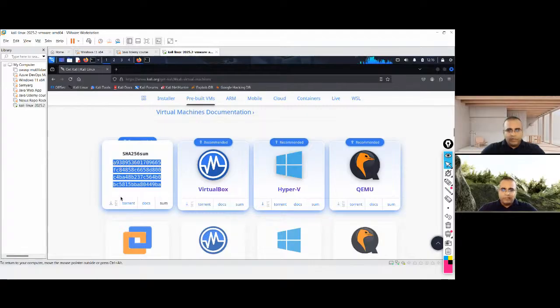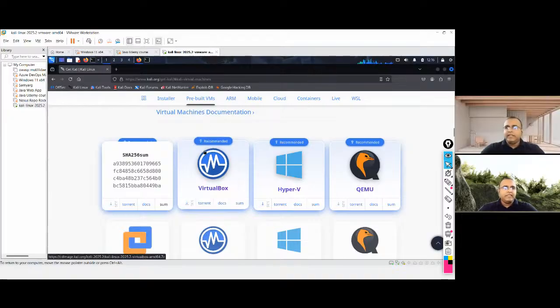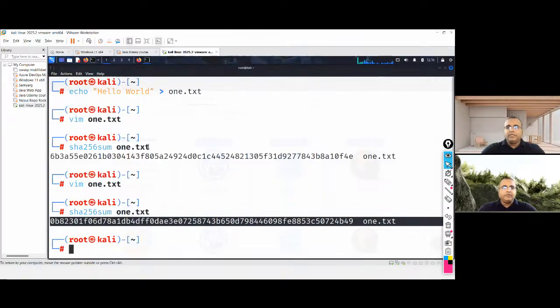When you download this, it is about 3.2 GB of data. In that 3.2 GB, there will be billions of zeros and ones. Even if a single 0 is modified and changes to 1 or anything else, even a single character out of the 3.2 GB, the value is going to change completely.